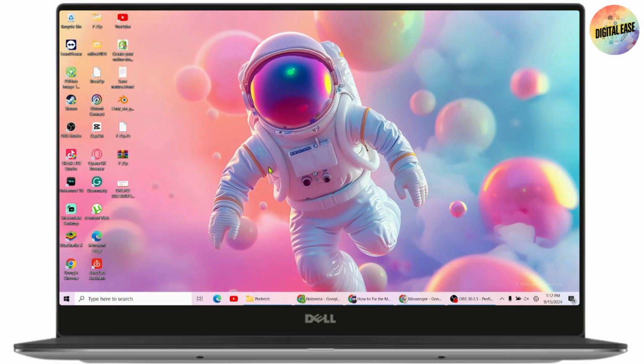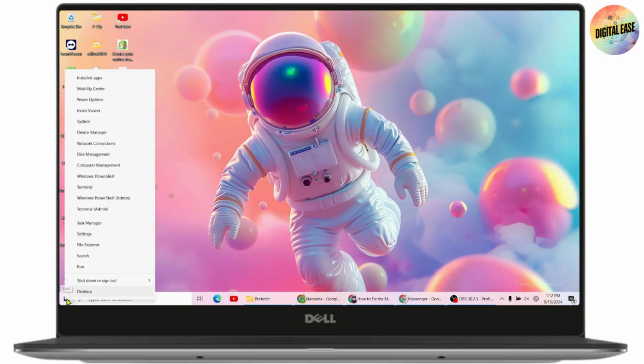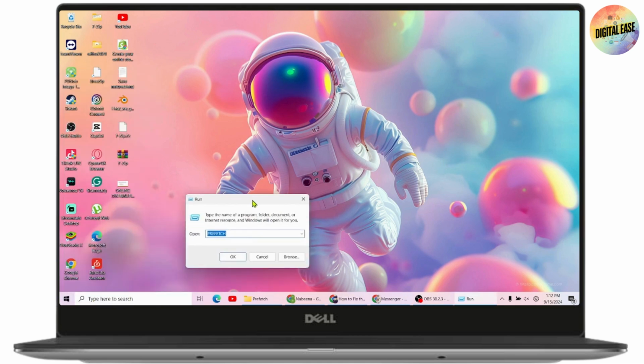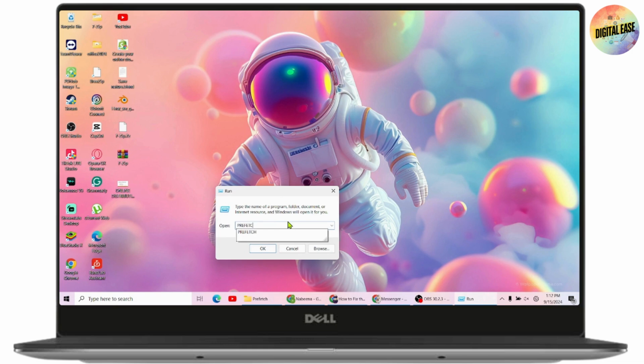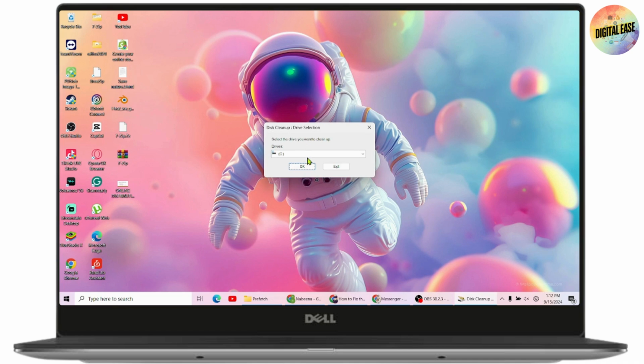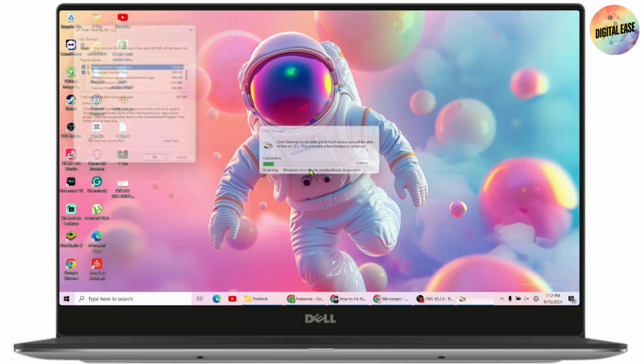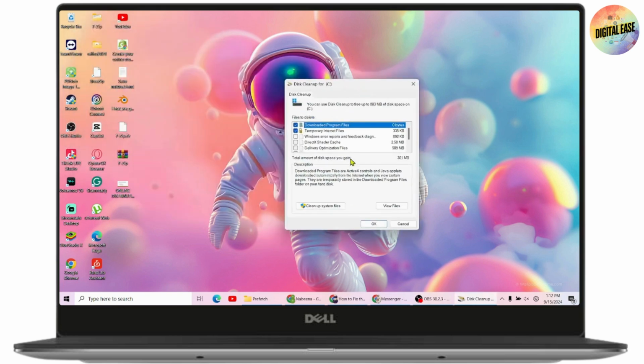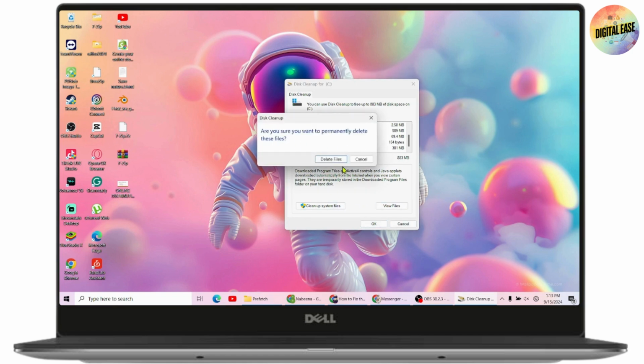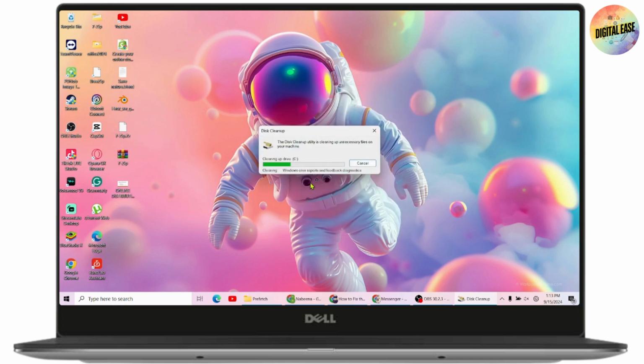And the next thing we need to do is to clean up. So right click on the Windows, go with Run, and here you need to enter cleanmgr and hit enter. And select the drive from where you would like to clean up. So I'll be choosing C drive. Go with OK, and you will get this kind of interface. And here, make sure that you check all of these boxes. Once you've checked, go with OK, and yes, delete the files, and it might take some